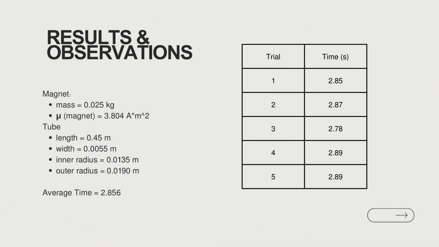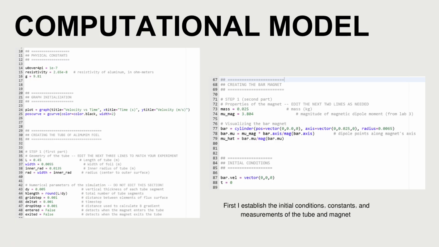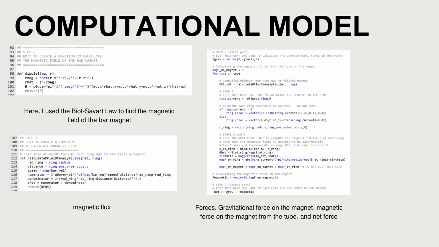2.856 seconds. In the computational model, the first thing I did was establish the initial conditions, constants, and measurements of the tube and magnet that we made on the previous slide. The next thing that I did was use Biot-Savart law to find the magnetic field on the bar magnet, and then I used that to find the magnetic flux as it is a function of magnetic field over time. And then I found the forces, which included gravitational force on the magnet, magnetic force on the magnet from the